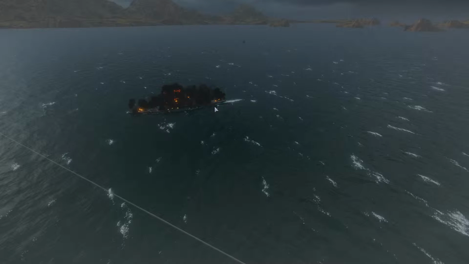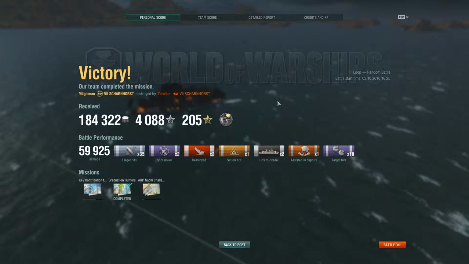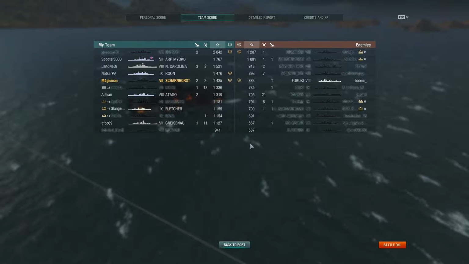So, kind of had lead charge of my ship. Got a couple of citadels, 2 sunk ships. Almost did 60,000 points of damage, which is really not that great in a battleship, but it is what it is. Kind of, you know, I'm in the top 5. And oh, look at that! It looked like